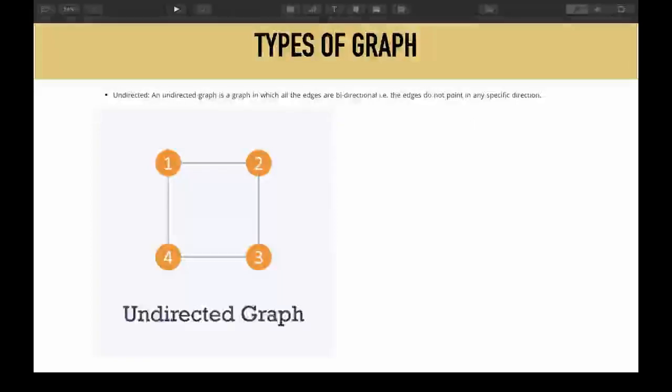So what is the cost of traveling from 1 to 3? You're taking two steps in both the possible cases. But what if I tell you that the edges have a cost associated with them? In that case, I'll have two different answers.